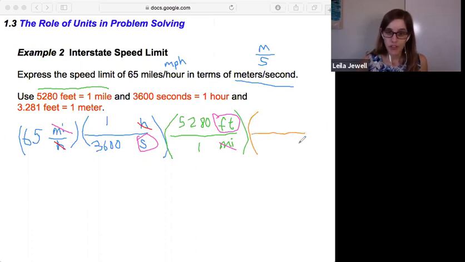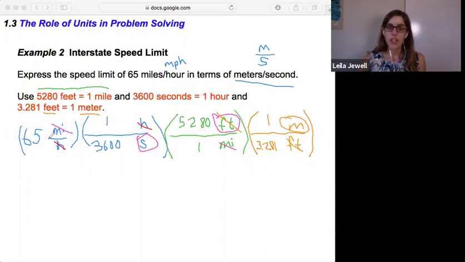So I'm going to put feet in the denominator to try and cancel it out. And I have a conversion factor of feet to meters. So cool. I want to get to meters in the numerator. This is really great. So I can say that 1 meter is this 3.281 feet. And now my feet will cancel out, and what I am truly left with is indeed